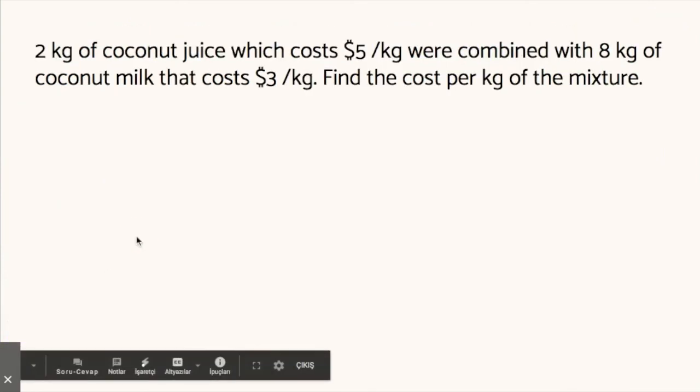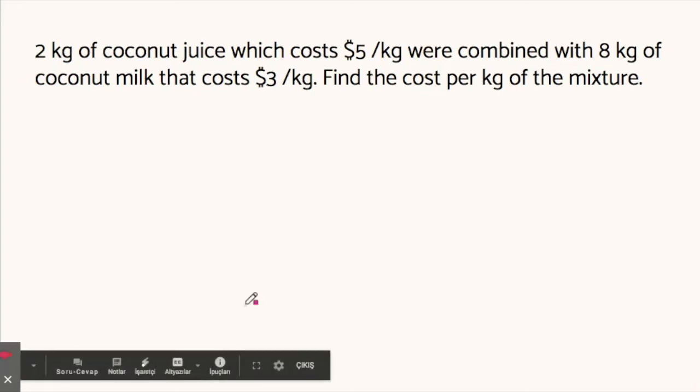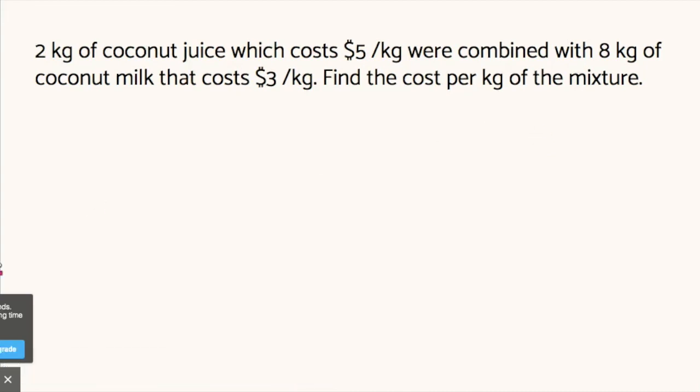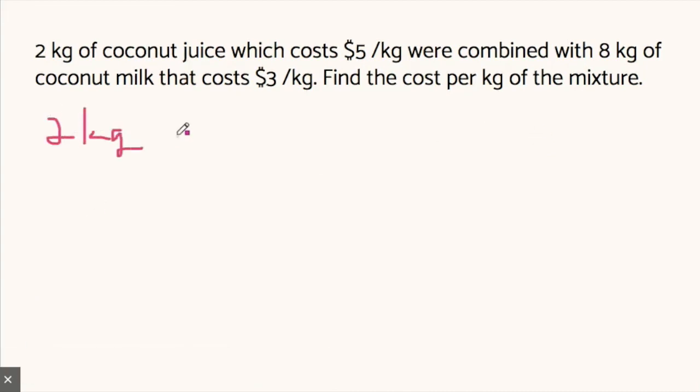Now let's do another question. 2 kilograms of coconut juice, which costs $5 per kilogram, were combined with 8 kilograms of coconut milk that costs $3 per kilogram. Find the cost per kilogram of the mixture. So let's use an illustration to help us better understand this question. We have 2 kilograms of coconut juice and 8 kilograms of coconut milk. So if we were to make an illustration of this,